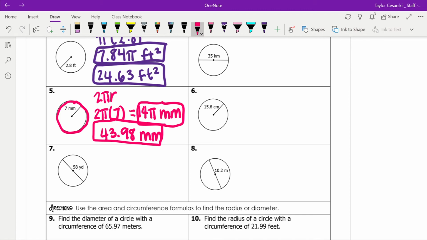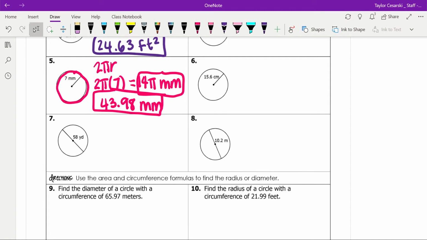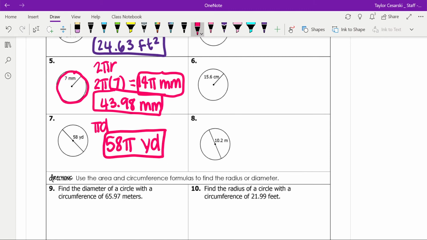All right, so the next one, number 7. This one gives me the diameter, so I'm going to just use the pi d formula since it gives me the diameter. My first way would just say 58 pi yards, because it gives me the diameter and I'm just multiplying it by pi. Or you could type that in your calculator